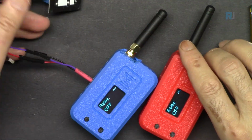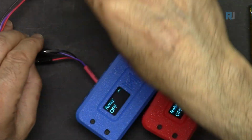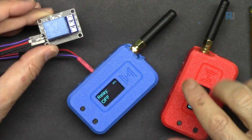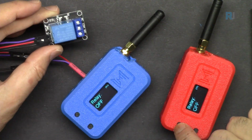Now this is a demonstration of controlling a relay where you can control a connected load. Here these two are completely independent, they're just communicating directly. I've set the power to very minimum, and when I press this,